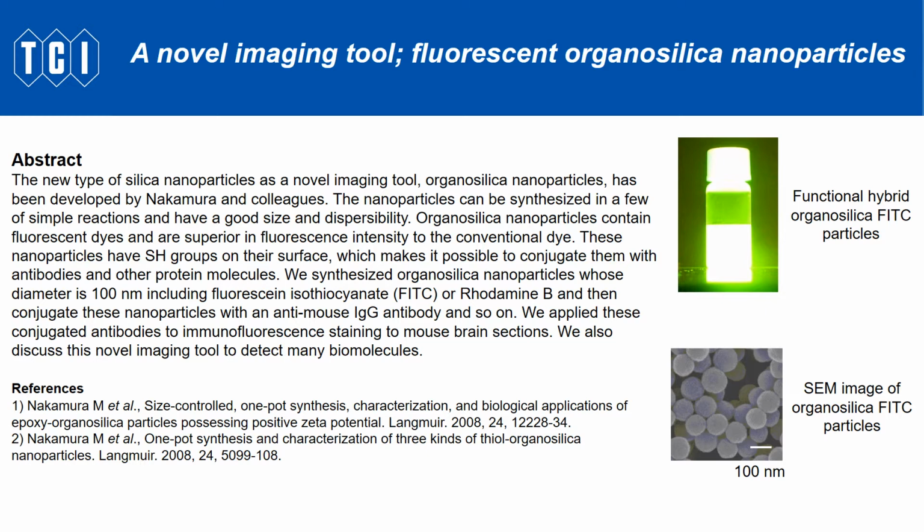by Nakamura and colleagues. The nanoparticles can be synthesized in a few simple reactions and have a good size and dispersibility. Organosilica nanoparticles contain fluorescent dyes and are superior in fluorescent intensity to the conventional dye. These nanoparticles have SH groups on their surface, which makes it possible to conjugate them with antibodies and other protein molecules. We synthesized organosilica nanoparticles whose diameter is 100 nanometers, including fluorescein isothiocyanate or Rhodamine B, and then conjugated these